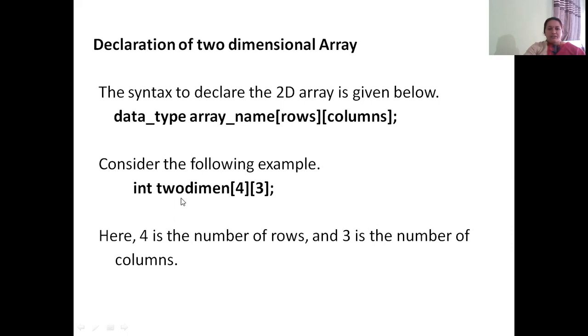This particular example is declaring an integer array by the name 2dimen, and this array consists of a total of 4 rows and 3 columns. So the total number of data items under this particular array is 4 into 3, that is 12 data items which are arranged in 4 rows and 3 columns. Each row will contain 3 items each.